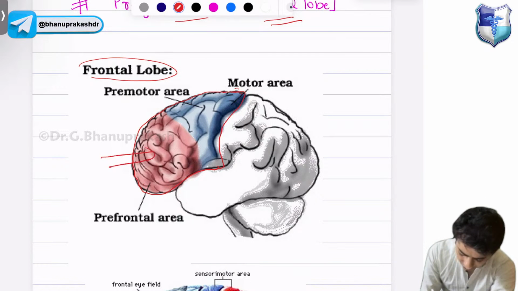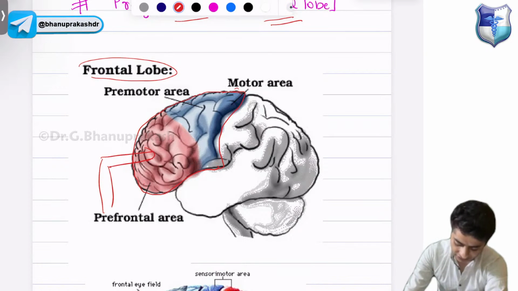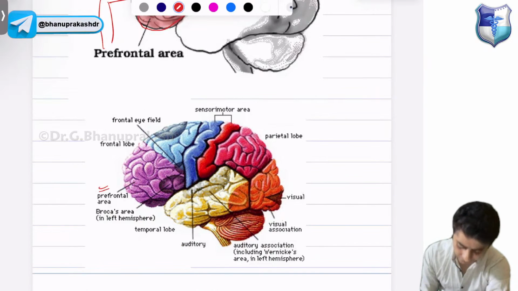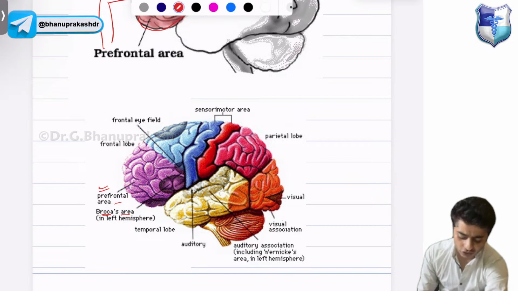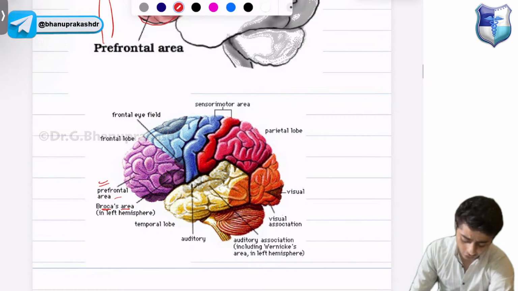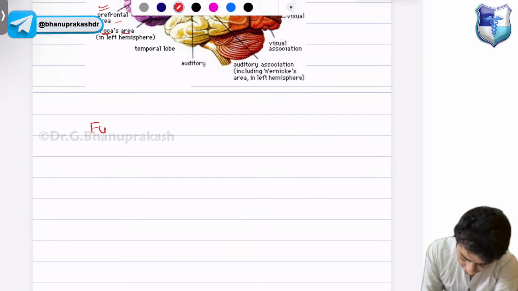This part is your prefrontal area, and this part is also your prefrontal area. See again. Broca's area is also in your prefrontal area zone. So we will know what all the functions done by the prefrontal area are. Functions of